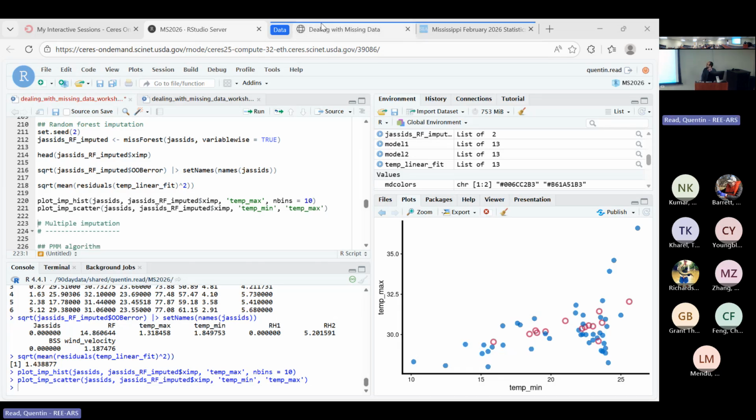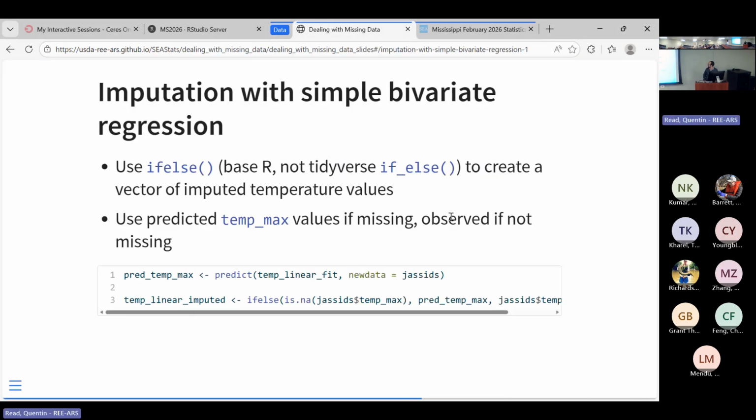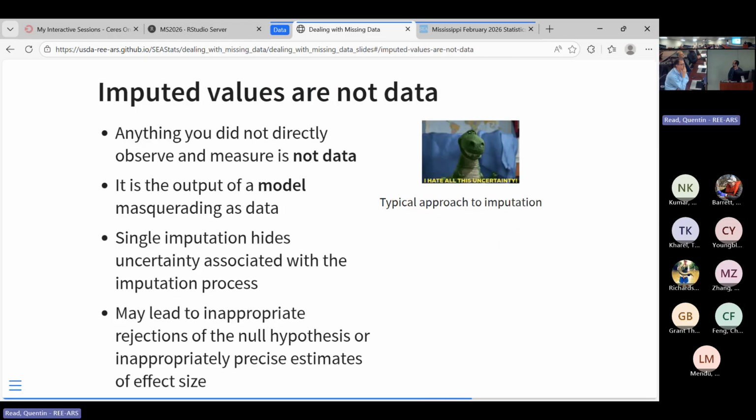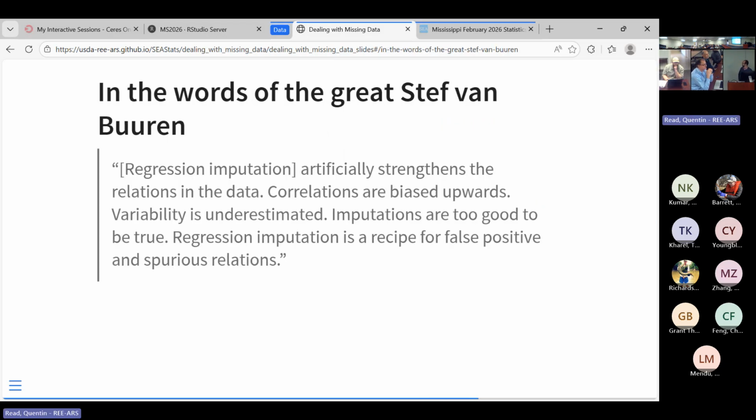Let's see, I think I have slides that should cover that. Oh yeah, I hate all this uncertainty, as Rex from Toy Story liked to say. We don't like uncertainty and we're trying to just sweep it under the rug, but actually we should embrace the uncertainty. And so the developer of the mice package that we're going to be talking about, Stef van Buuren, said,